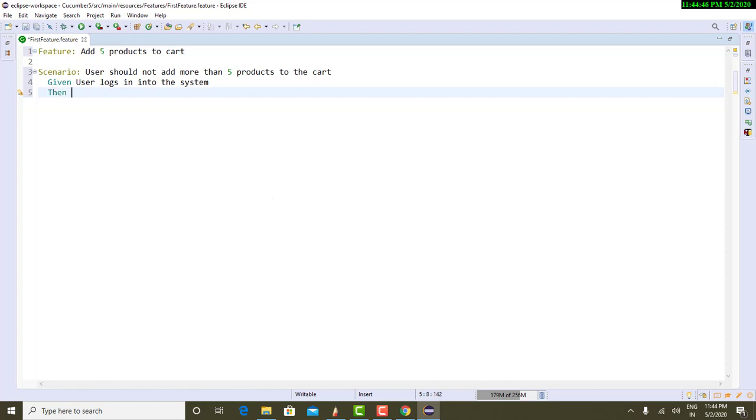Then is also a keyword mentioned in the Gherkin language. This is the Gherkin language that we are using over here. So feature, scenario, given, then, these are the keywords from the Gherkin language, and we have to obey their rules. So in front of then we can write, then user adds